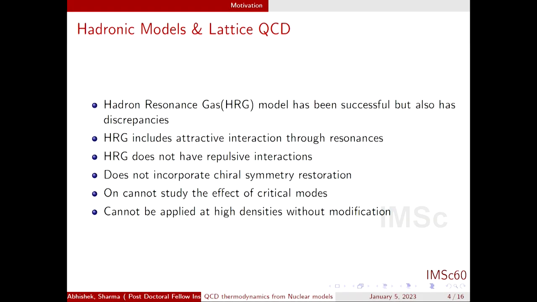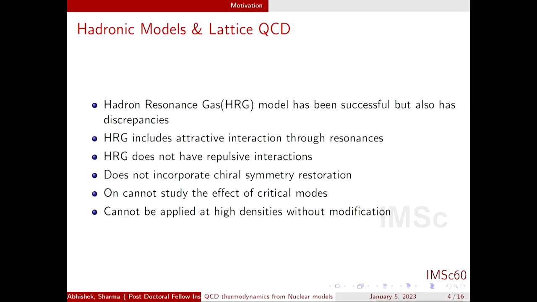Before I move on to the nuclear models, I will talk a little bit about the hadron resonance gas model. In this model, one has a system of baryons and mesons, which are known from lattice QCD and some quark models. It contains both stable particles and resonances, but otherwise it does not contain any interactions. Resonances are attractive in baryons. So through the inclusion of those resonances, the model has some attractive interactions, but otherwise it is a free collection of the baryons, mesons and resonances.